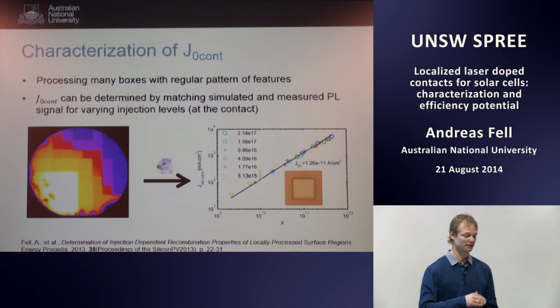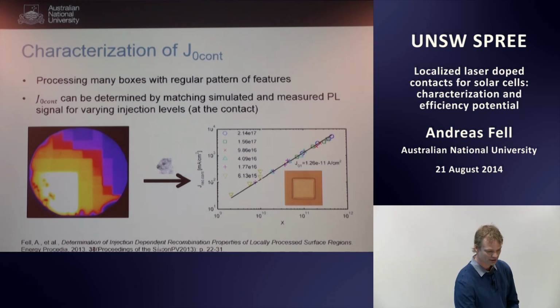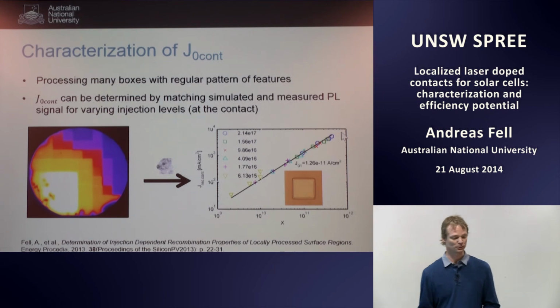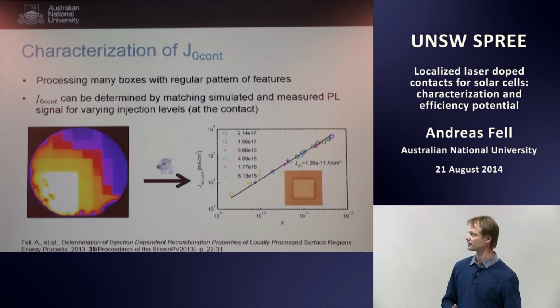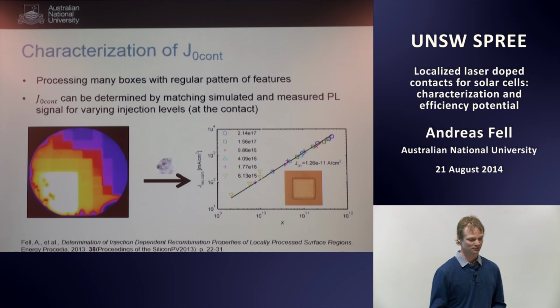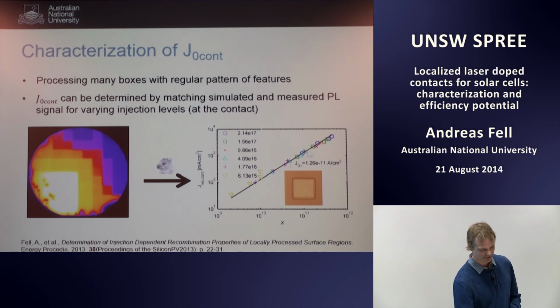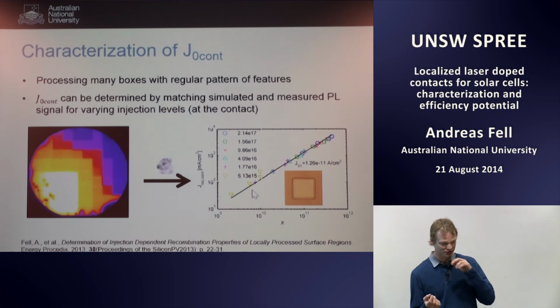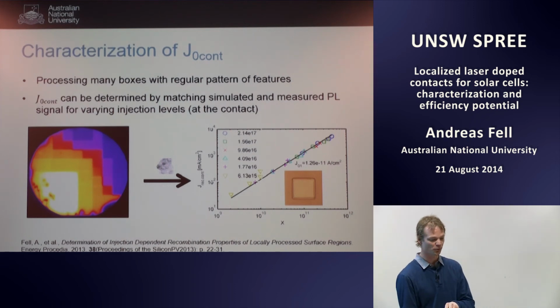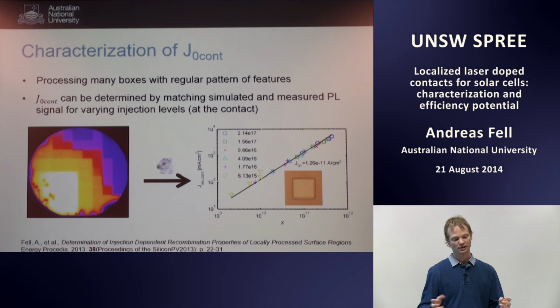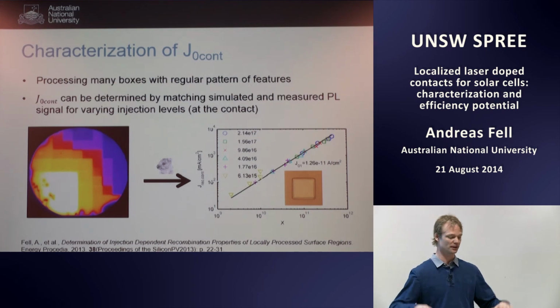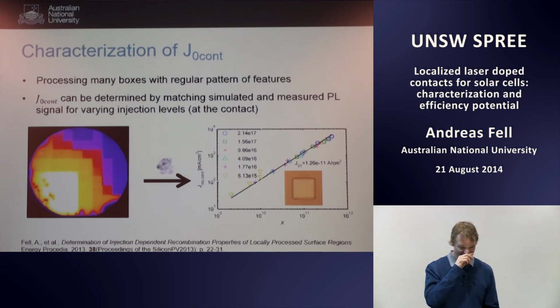And then only as a second step, we look whether this fits, for example, to a J0 model. In this case, it does very nicely, but that's not usually the case. What you can also see in this case, which is very nice, is that you can vary the injection level on the laser dope feature in two ways. Either you vary the pitch, which makes your overall laser dope combination, so increases the carrier density, but you